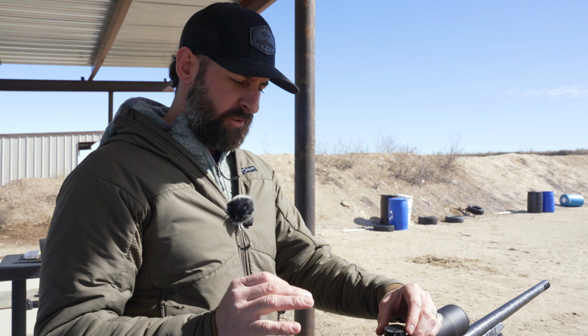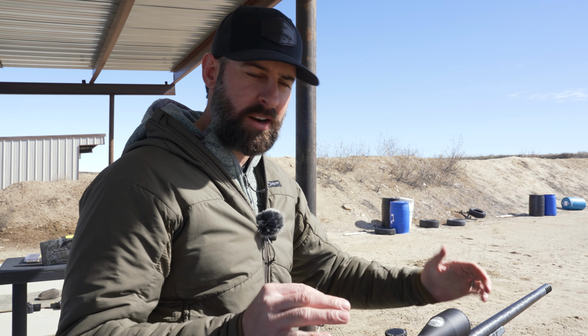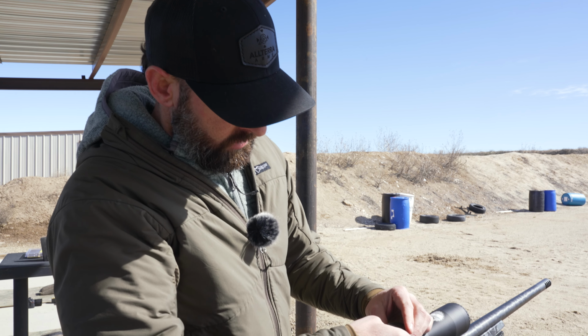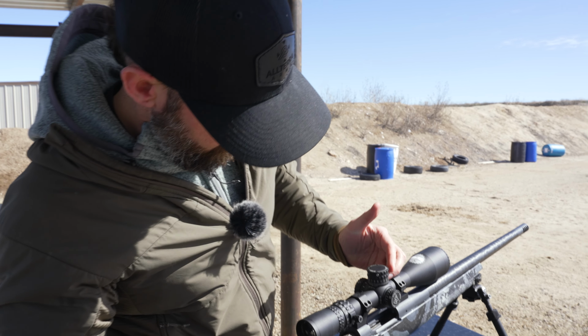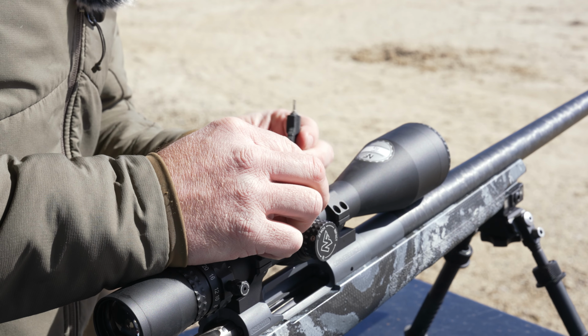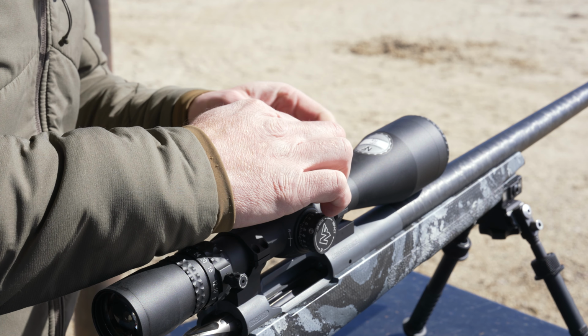All right, so Justin has gotten this rifle to where he's going to shoot another group once it's cooled off just to confirm, make one last click here or there, but it's within a click or two in any direction. So it is time to float the turrets, because right now it's on 7 MOA on the up and about 4 on the windage. We want those to both say 0. We also need to set the 0 stop